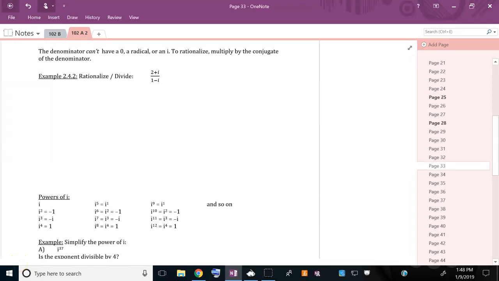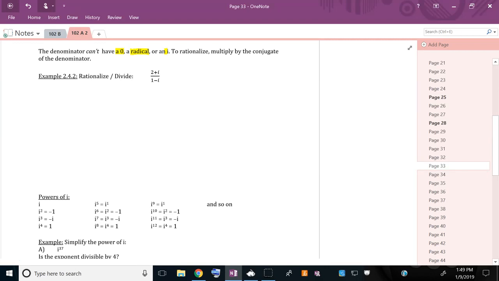Math 102, example 2.4.2. What about dividing complex numbers? Now there are certain things that we are not allowed to have in the denominator. 0, of course, is the most important, but we're also not supposed to have a radical or an i. So for a problem like this, (2 + i)/(1 - i), to rationalize, which is what we call